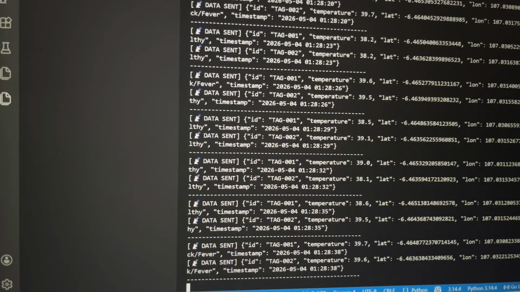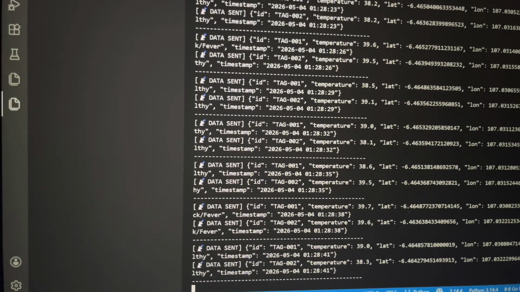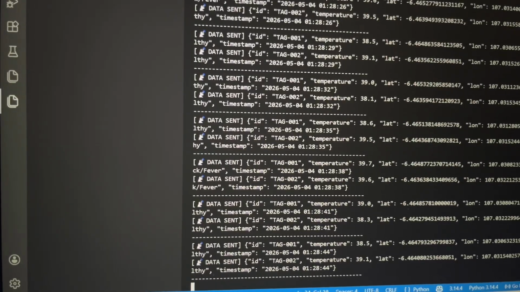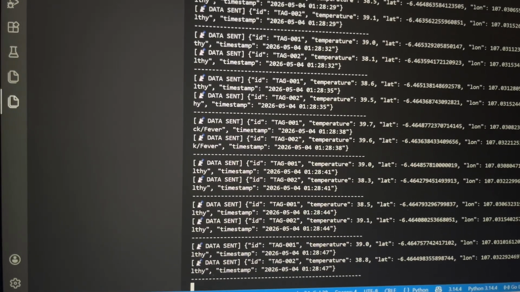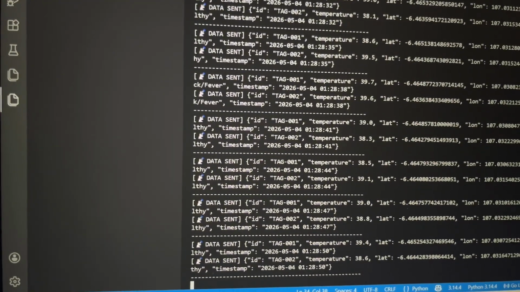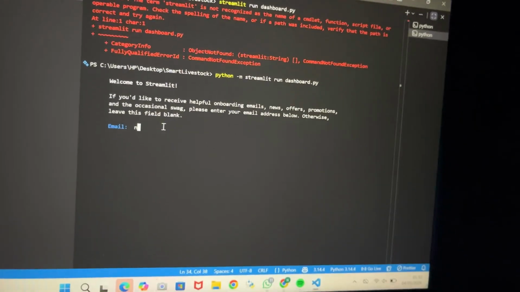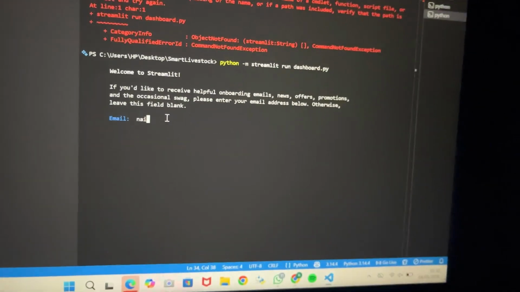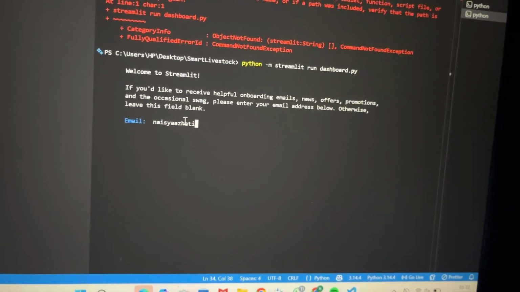On the right column, we are displaying the health metrics. We put a data frame that shows the cow ID, its current temperature, and its health status. Also, I did a section for AI alerts at the bottom just to give us a warning if any anomalies are detected in the livestock.